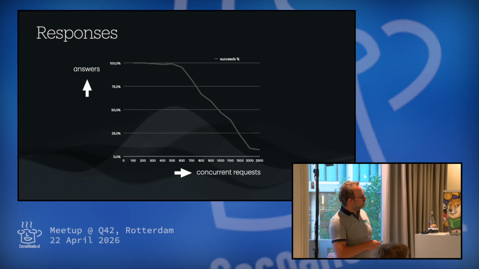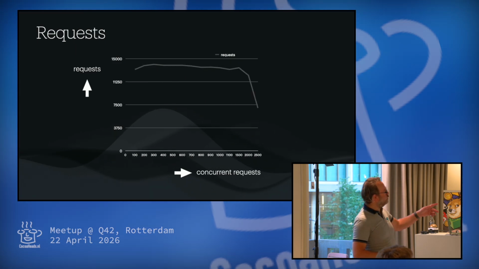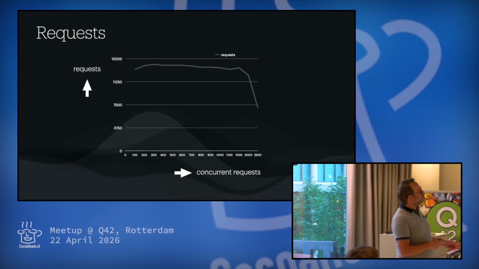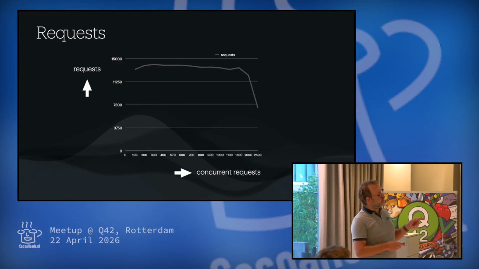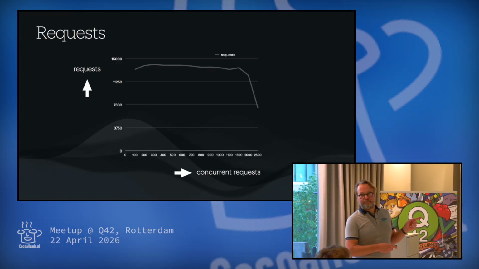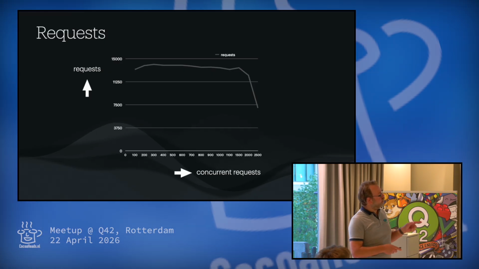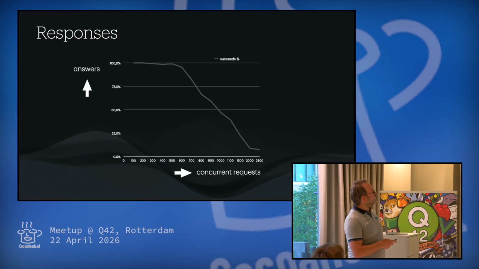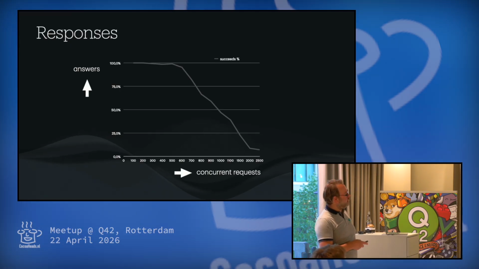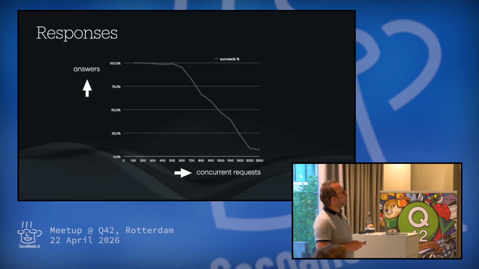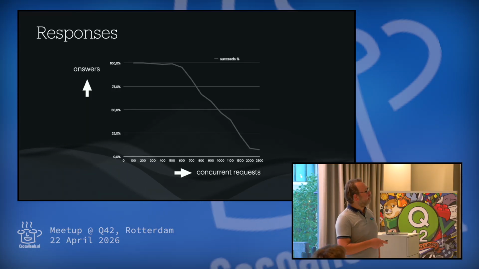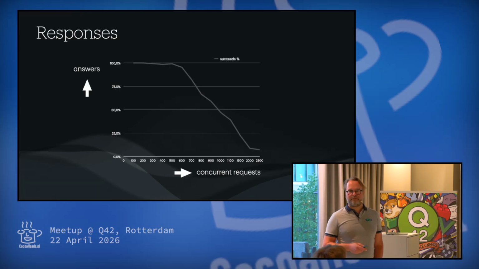So here I don't see the request, so let me backtrack. This is the number of requests that the server receives before you get a timeout. So there it drops. Here basically you don't get any response from the server. And here you get the number of actual answers that you get from the server. So if you do like 400 requests, all of them you get an answer. But if you do 700 requests per second, only 75% is answered, the rest is just killed.